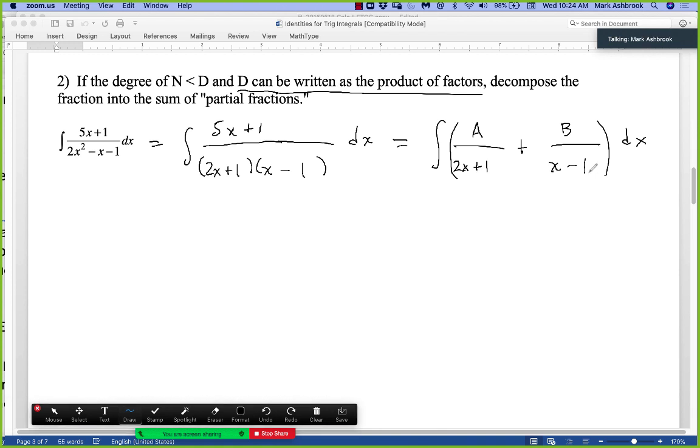All right, so then we're going to add these together, work on it, and that'll help us to determine what a and b are so that we get 5x plus 1 in the numerator. All right, so when we add these fractions,